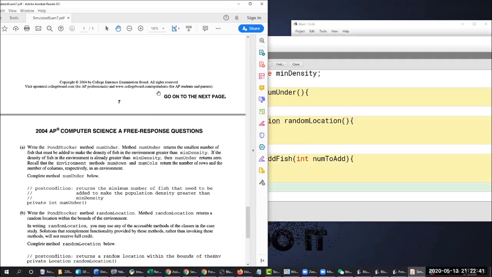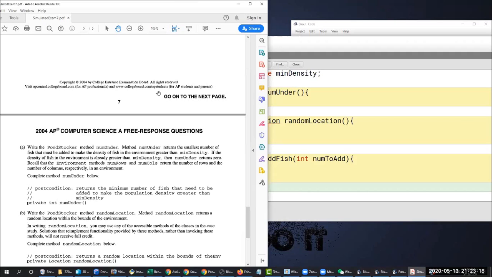Num under returns the smallest number of fish that must be added to make the density of the fish in the environment greater than the minimum density. If the density of the fish in the environment is already greater than min density, then num under returns 0. And we call the environment methods num row, num column, which return the number of rows and columns respectively in the environment. So